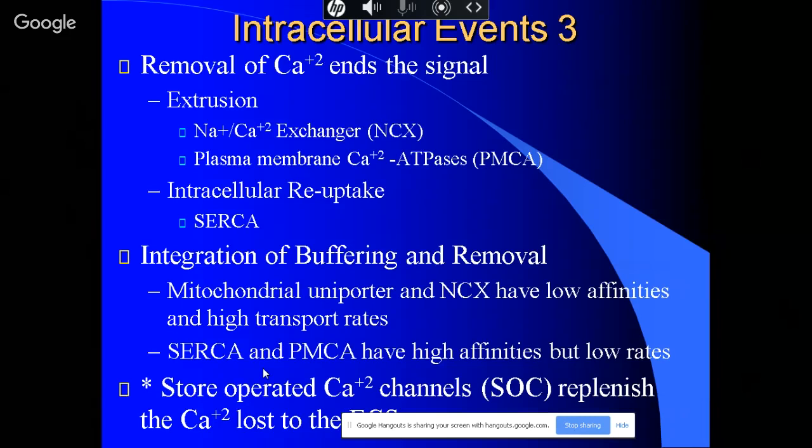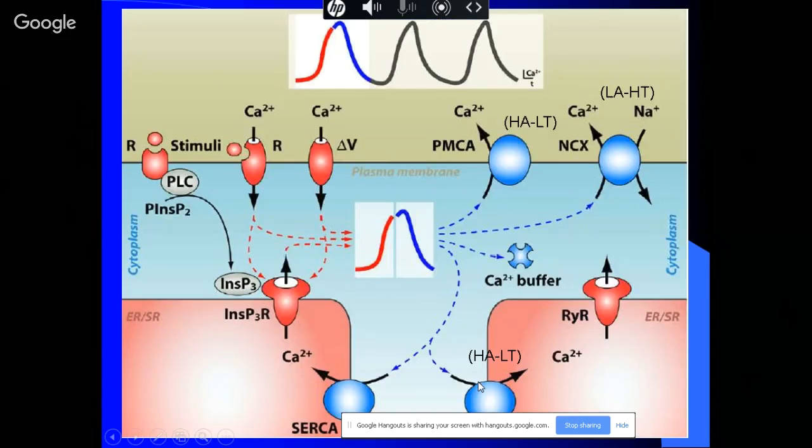Pretty soon, even though you're taking the calcium back up, some of it is being lost to the cell. And so these are known as the stores, your calcium stores. So you have a store-operated calcium channel to replenish the system. Look at this. So this is a great